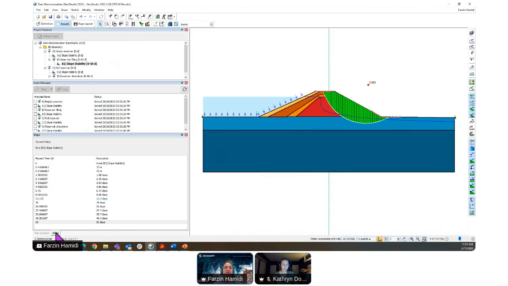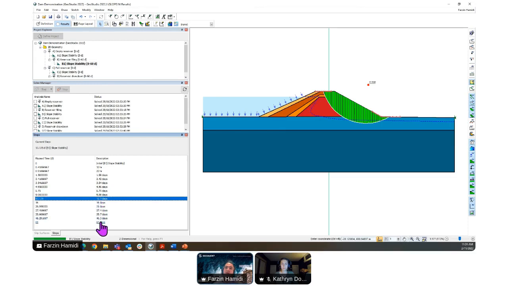The first thing I would like to show is, as I said, that it calculates the slope stability over time. You can see within the first 5 days, I increase the water level behind the dam, and you can see the evolution of the water table inside the dam, and it takes time for that water to penetrate into the core material of this dam.